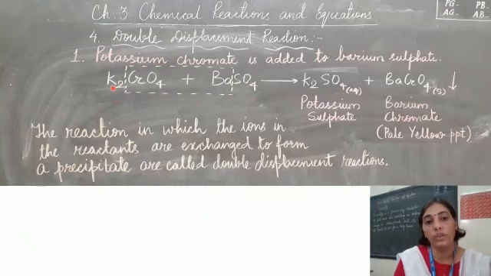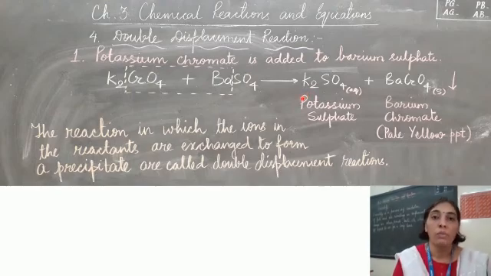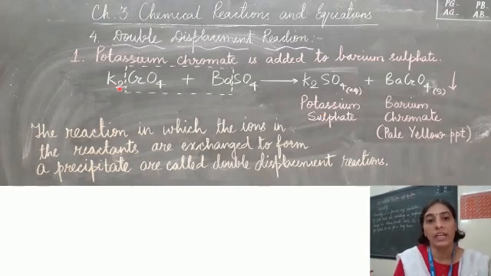Now how did we get K2SO4? It's not just that we have written K2SO4 here. We have actually found out the formula by crossing the valencies. Potassium being 1 positive, sulfate being 2 negative will give us the formula K2SO4. So we get potassium sulfate as our first product, and second is this one which is inside the bracket, that is barium chromate. Barium being positive is written first and chromate being negative is written second. Both have valency 2 positive, 2 negative, and hence we have the formula BaCrO4.